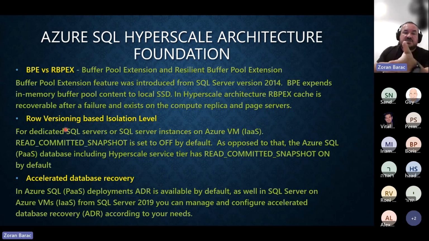The second thing, which has also existed for some time, is row versioning. We all know that when row versioning is enabled and used, it's basically creating a table in TempDB and storing those historical values. By default it's off for dedicated deployments, for instances you deploy as infrastructure as a service or on some dedicated machine. But for Azure SQL platform as a service deployments, it's on. So for your primary, you're going to have read committed snapshot. For a secondary and readable secondary, you're going to have snapshot. The main difference is just the scope of consistency.